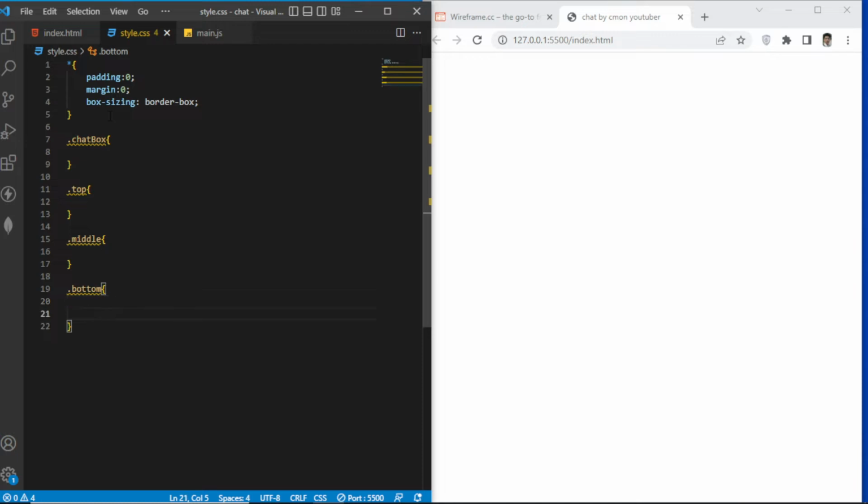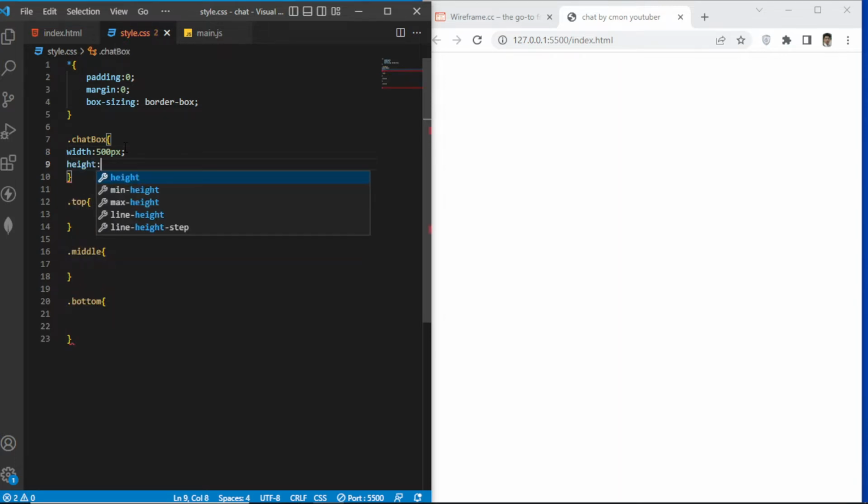So we have selected all the things. So what will be the width or height of the box? I'm going to write here width will be 500 pixel, and height will be 400 pixel,